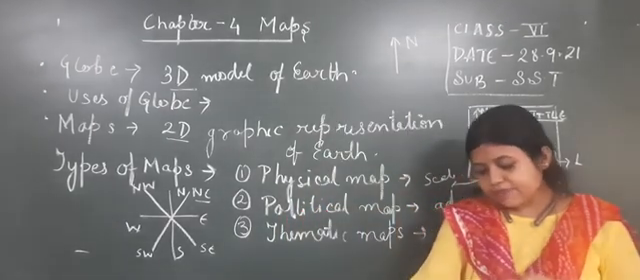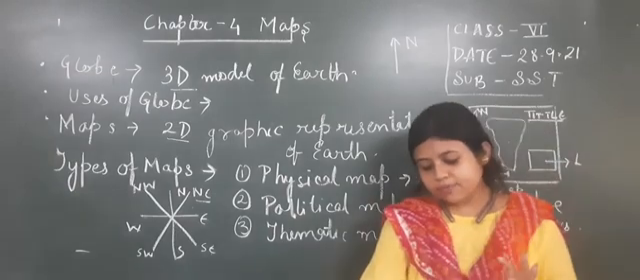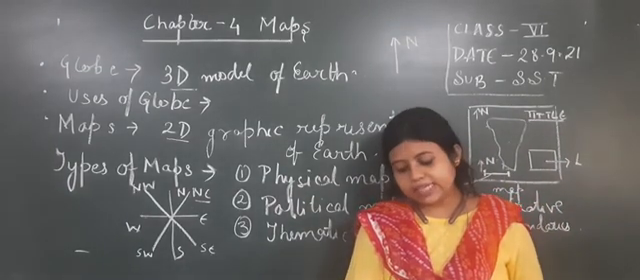Okay. Next after that, this scale can be of 3 types: verbal scale, linear scale, then representative